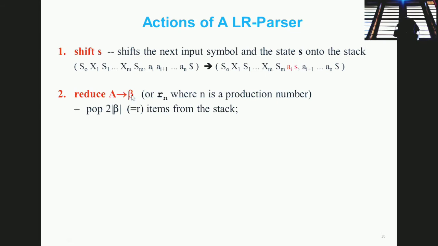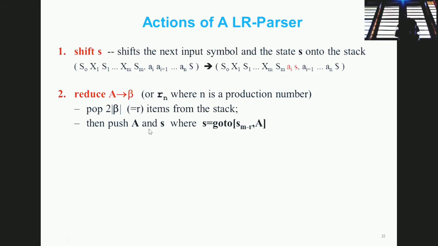If beta has 2 elements, then I have pushed 2 elements, each element followed by its state, whenever I'm going to reduce. So that's why we are going to pop 2 times the size of beta from the stack. After popping 2 times beta from the stack, what you are supposed to do is